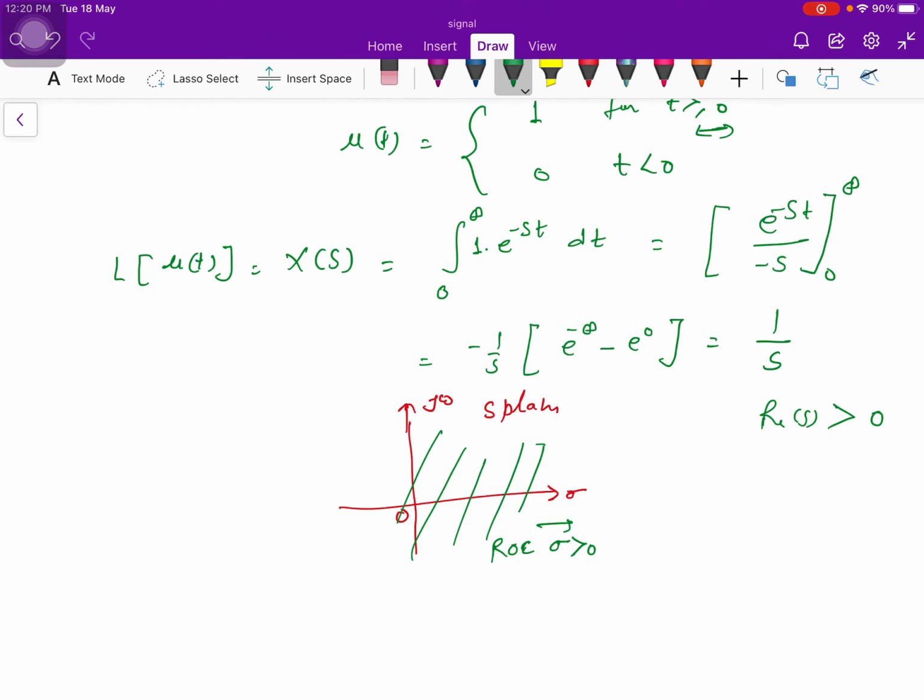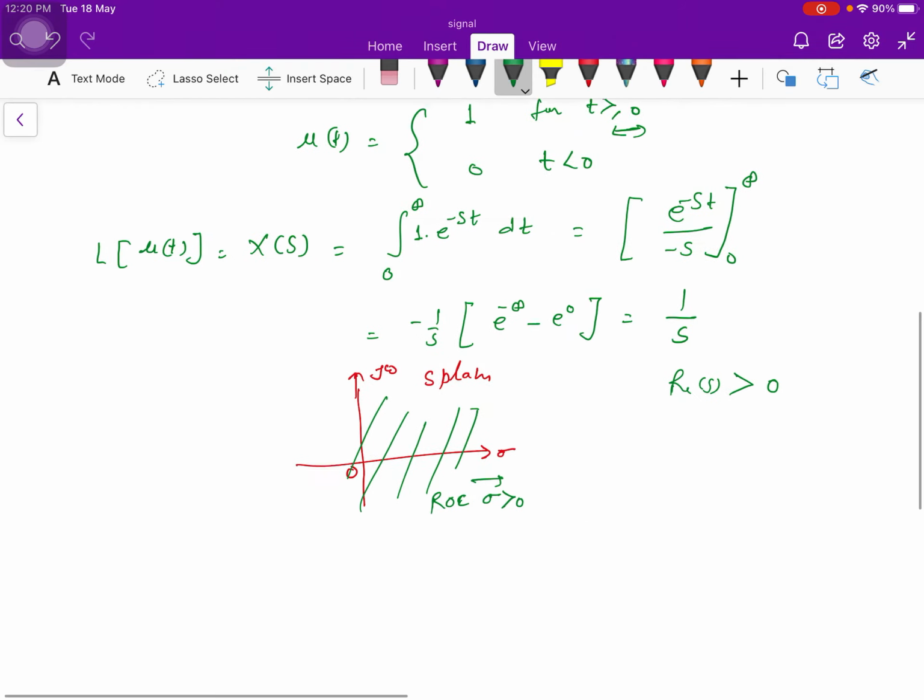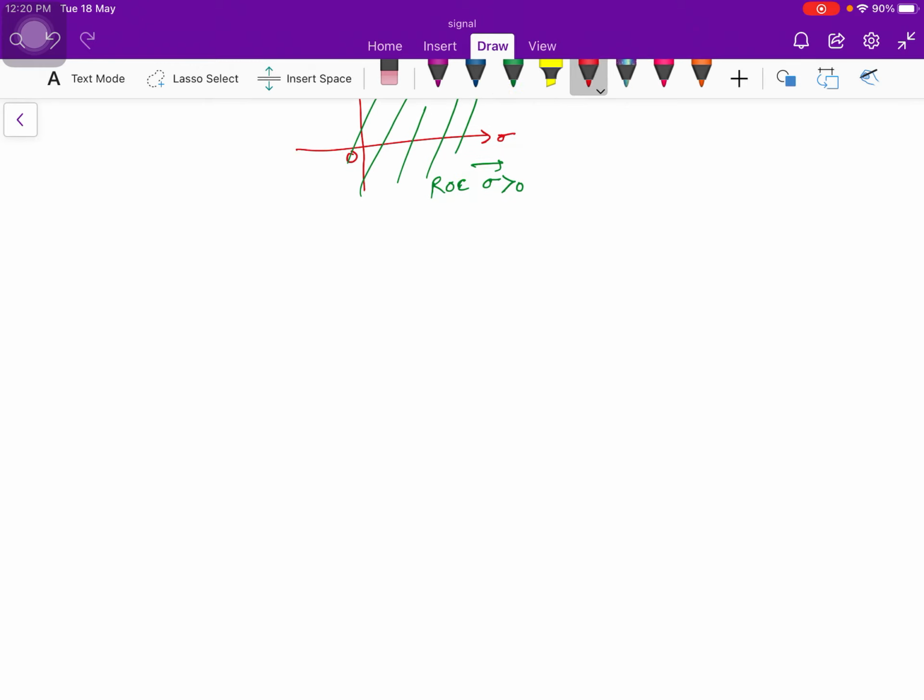Just take one more example so you will understand the concept of this Laplace transform. Let's see, given an example, let's take x(t) = e^(at) u(t), and you want to calculate the Laplace transform for this function. So, you know the definition, X(s) is nothing else but the Laplace transform of x(t),